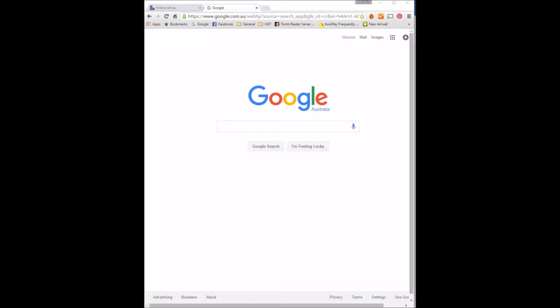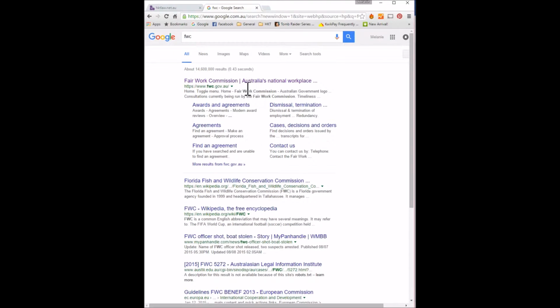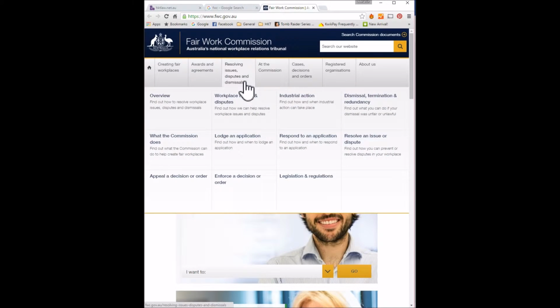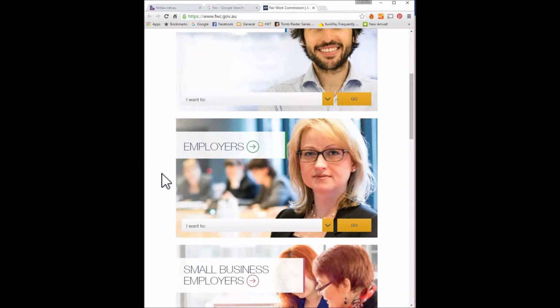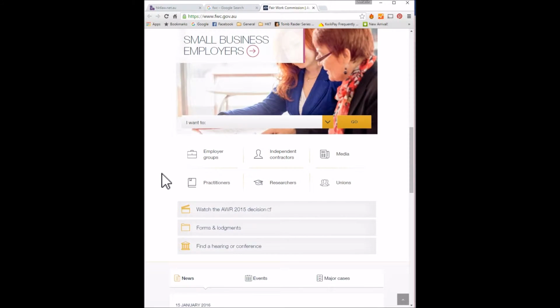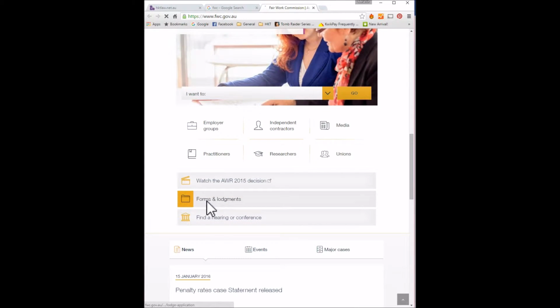Today I'm going to show you how to find and fill in a F50 notice of discontinuance. So the first thing we're going to do is go to the Fair Work Commission website just by typing FWC into Google, and you'll see that there are a lot of choices here. We're going to scroll down into forms and lodgements,